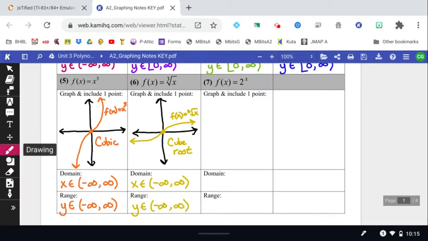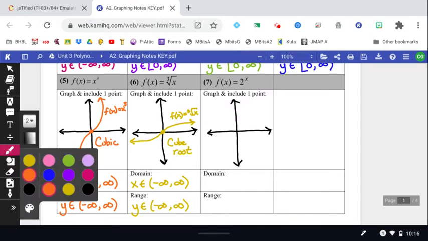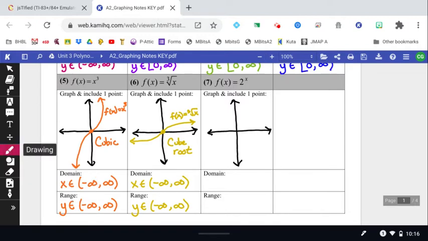All right, and graph number 7. Graph number 7 is a little bit different than the others because we have to have a base value in that graph. So notice that we have f of x equals 2 to the x. Now, when we put this into our calculator,